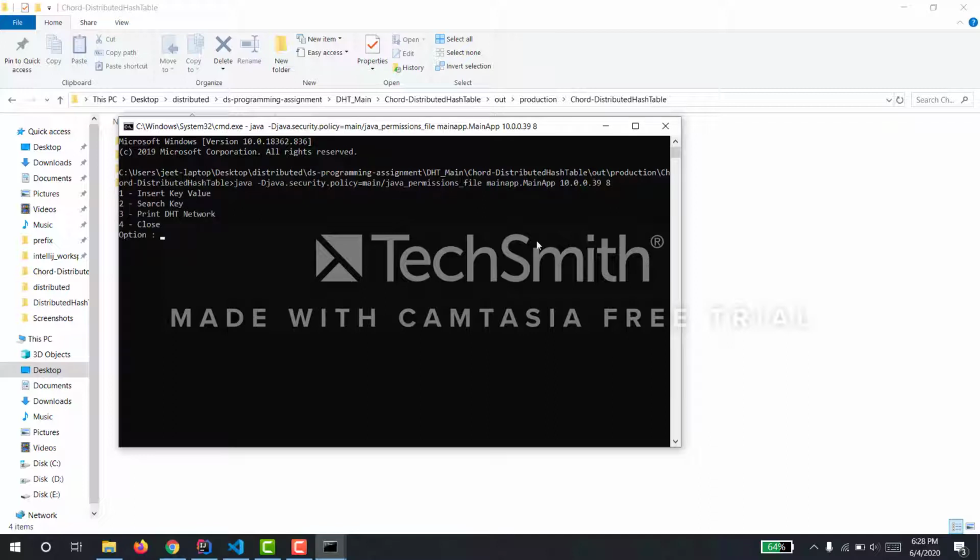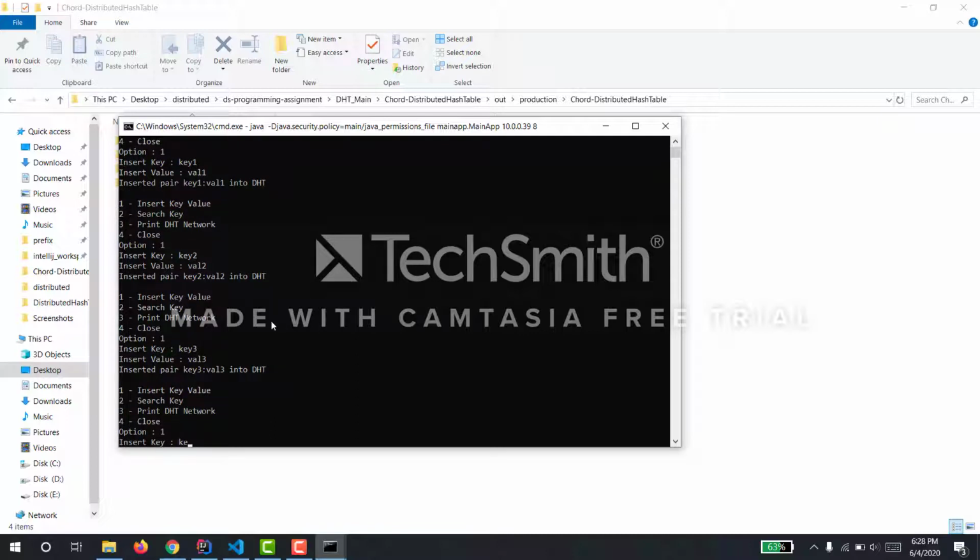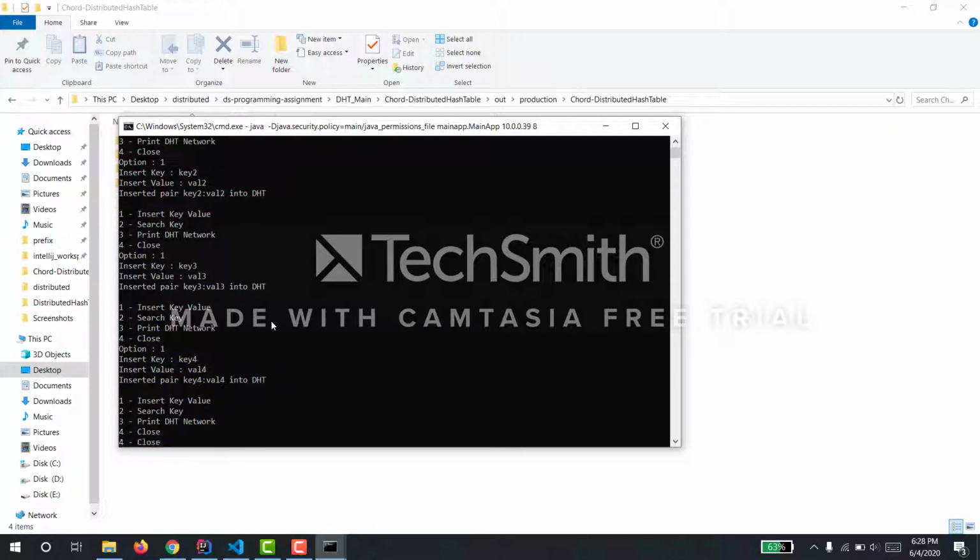Let's say I want to insert a key. The key will be key 1, val 1. It says it inserted the key value pair. Now let's say I want to insert another one, key 2, val 2. Another one, key 3, val 3. Another one, key 4, val 4.